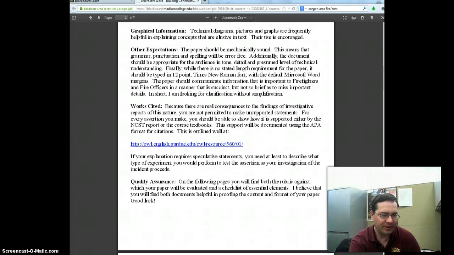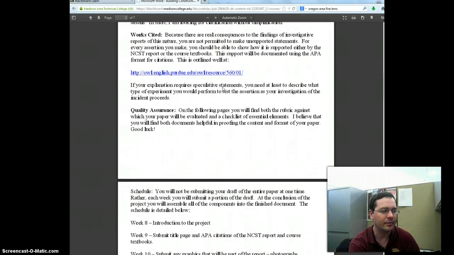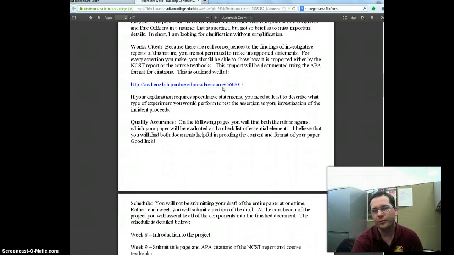Other expectations: the paper needs to be mechanically sound. I'm sure you've heard this 100 times in English class. There are no spelling errors, there are no grammar errors, and I'm just going to leave it at that. You guys know what technically sound writing looks like. Works cited. So the story is, you would not, at this point in your career, be recognized as an expert